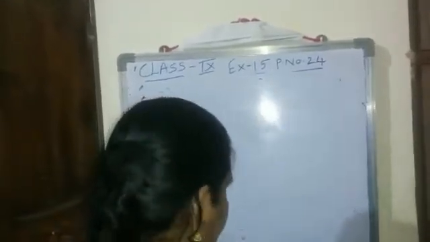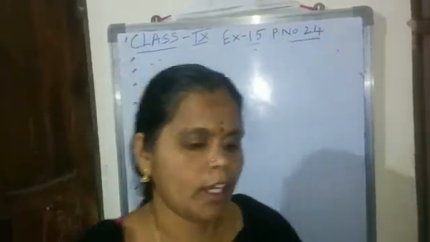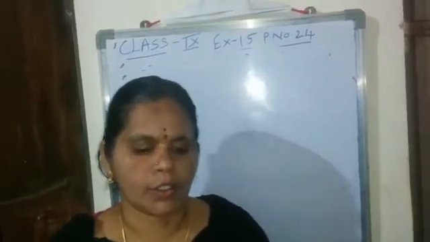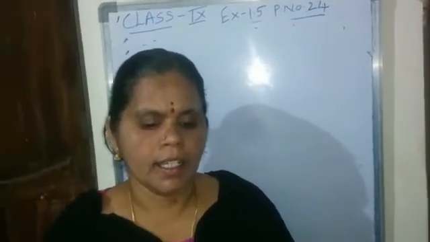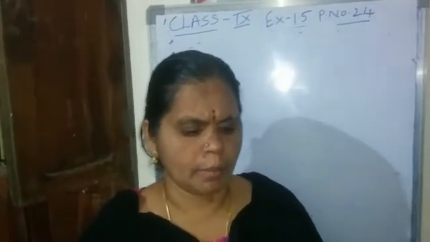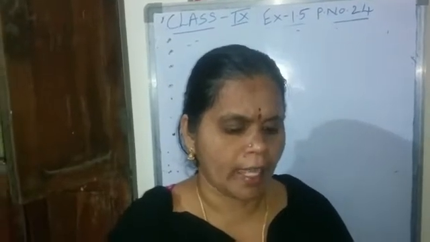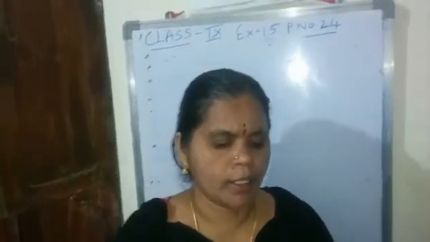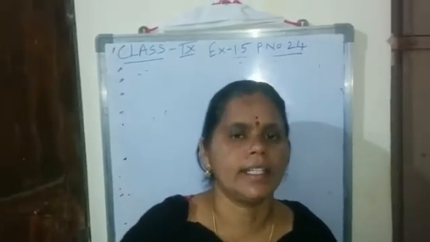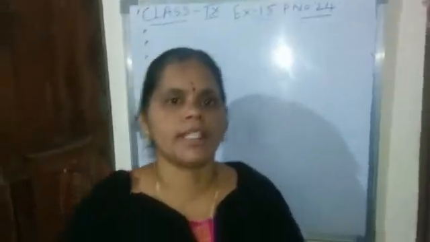Now see the third question. Recall that pi is defined as the ratio of the circumference C of a circle to its diameter d, that is pi is equal to C by d. This seems to contradict the fact that pi is irrational. How can you resolve this contradiction? See children, here there is no contradiction. If we measure circumference and diameter by using a scale, we will get approximate rational values. So we may not realize that circumference and diameter are irrational. So write the reason, children. There is no contradiction.